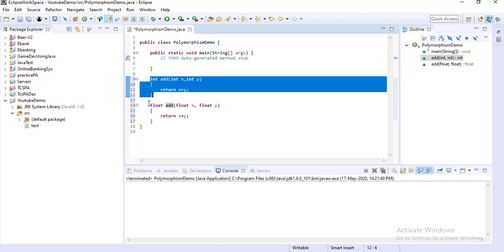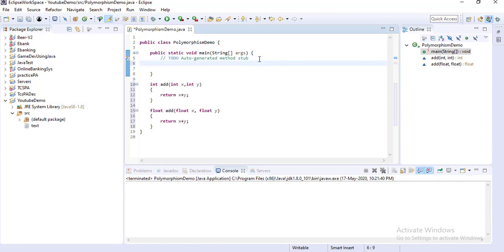Now the question is function overloading. Once you call this method, suppose from the main method I am trying to call these two methods. For that you first have to create an object of this class: the object equals new, then the class name, calling the default constructor.